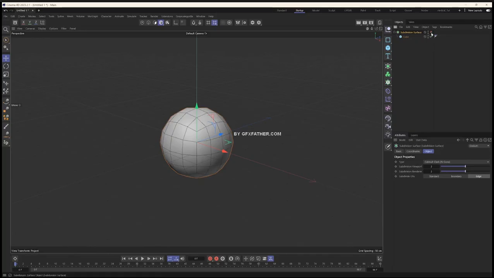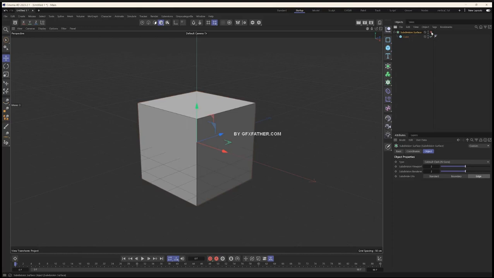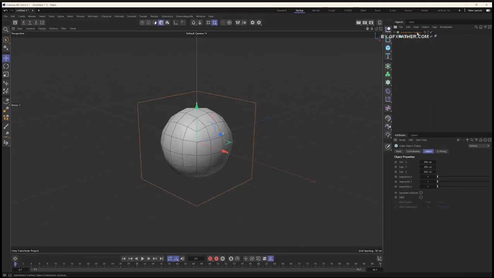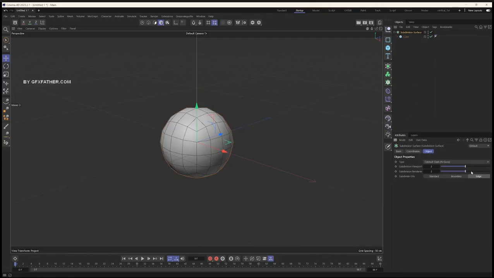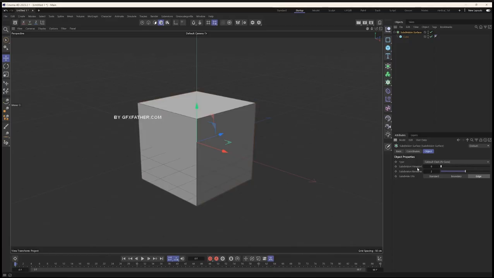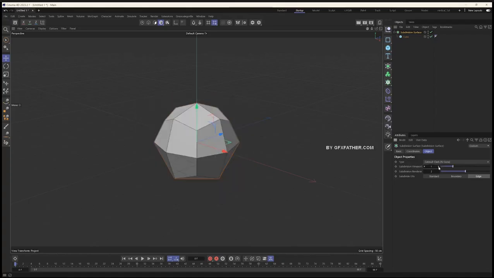And so basically, if I turn off the subdivision surface by just clicking that checkbox and making it an X, you can see the original edges we had and the original polygon faces we had on our cube. And if we turn back on the subdivision surface and click on the subdivision surface and go to the object tab, you can see that basically what we're doing is subdividing it and smoothing it out at the same time. So if I move this subdivision viewport down to 0, you can see that we're back to our original cube. If I go up one level, you can see that each polygon face here got subdivided into 4 polygons, and